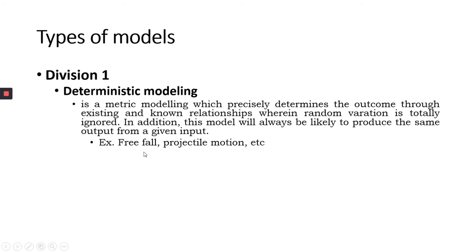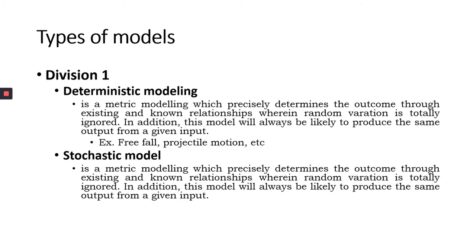Examples of which are free fall, projectile motion, and the rolling of a ball on a hill. Then we also have the stochastic model. So it is a mathematical modeling which precisely determines the outcome through existing and known relationships wherein random variation is totally ignored. So in addition, this model, I think I made a mistake in